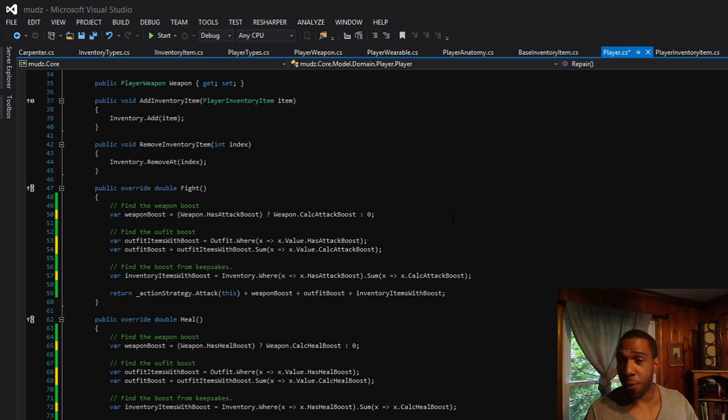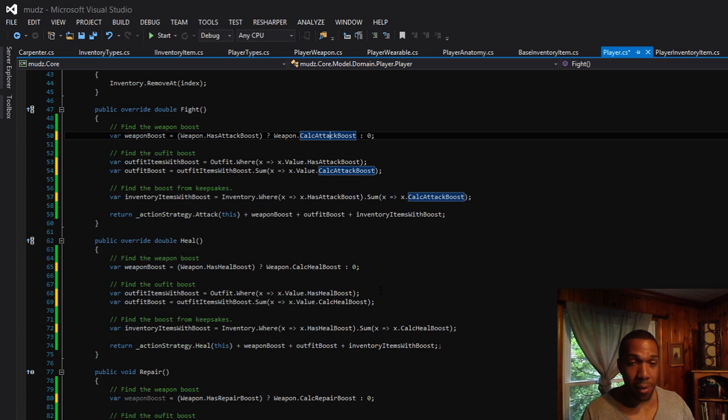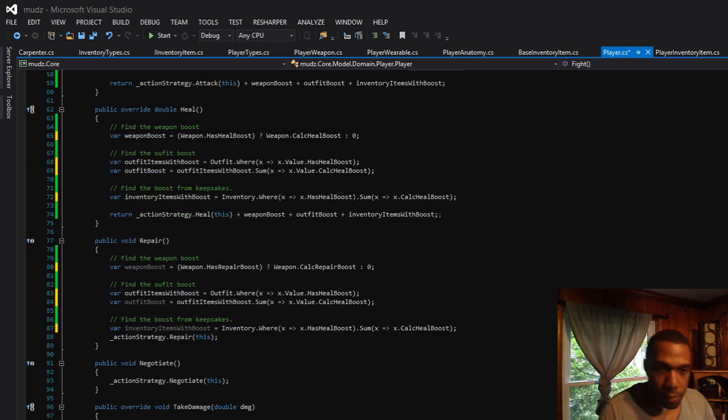And because we used the ReSharper refactor command, it's changed all the things we've already done. So now all the places where it was attack boost, we now have has attack boost and calc attack boost. So hopefully it's a little clear. Okay, has repair boost, calculate